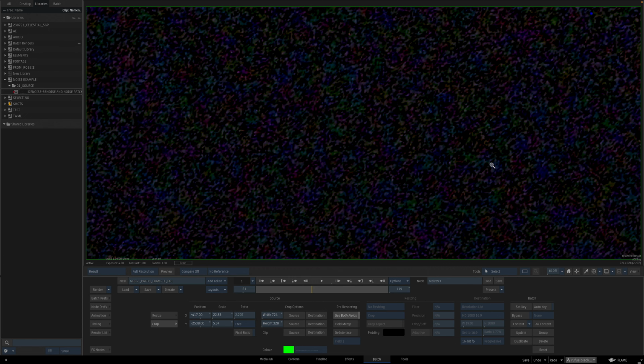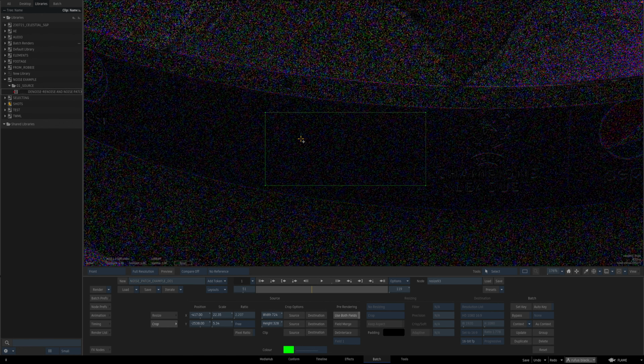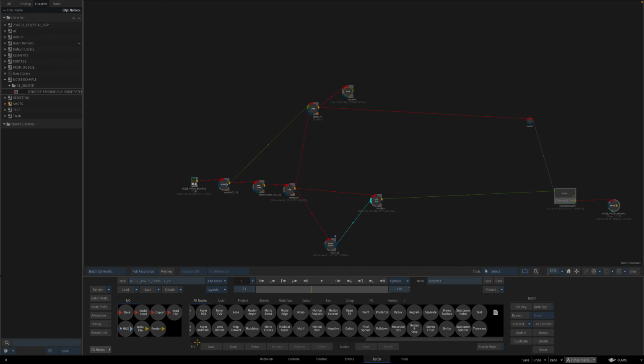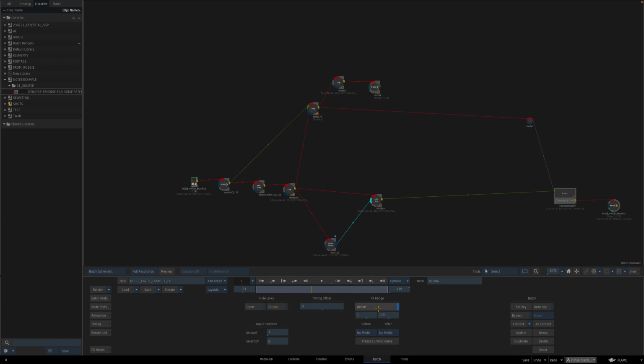So now this is what I'm cropping, and then this is the output. It's just that little area that I've cropped. So 724 by 328 of good grain for 50 frames. We now need to loop that for 50 frames, so hit that 1 to 50, and then what I want to do is ping pong it so that it